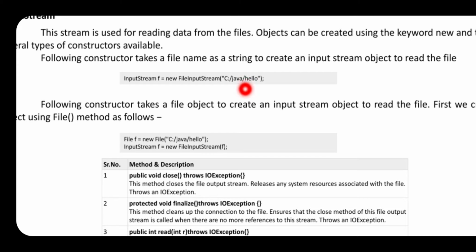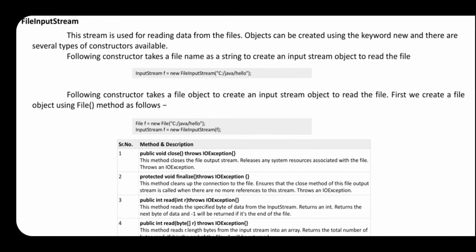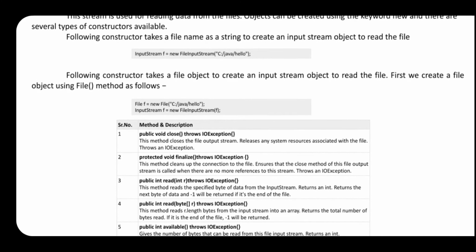Please be aware of it. When you say file input stream, the f object will read the information within the brackets, whatever you write within the double quotation marks. That is nothing but called file input stream.